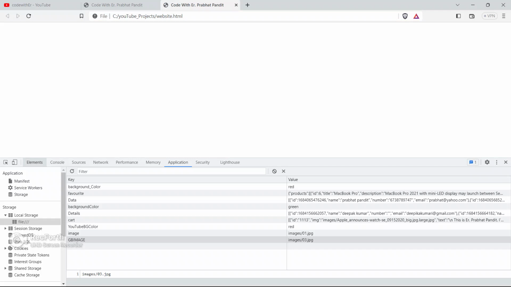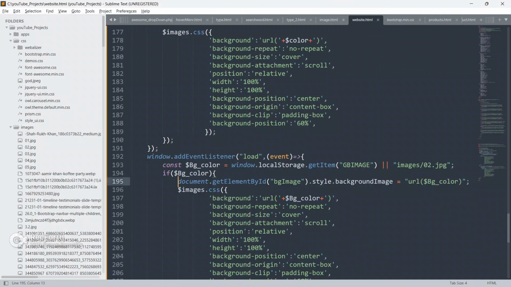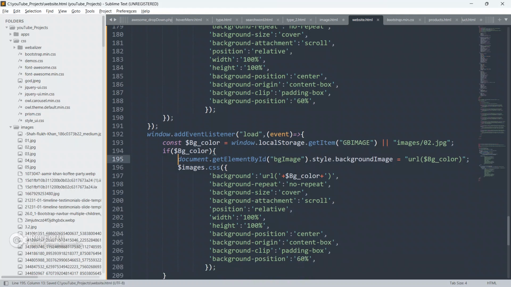window.add event listener, just do this. Nothing is there.